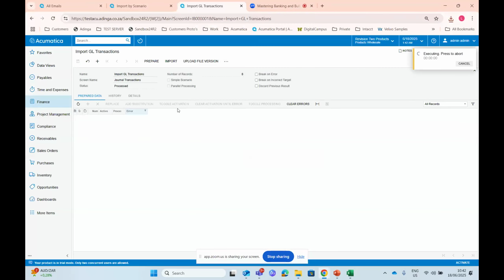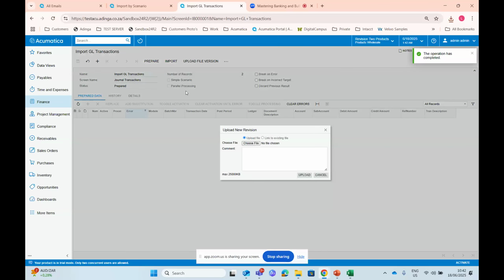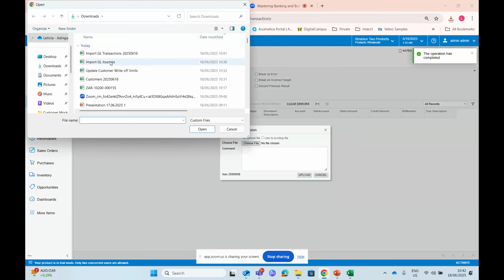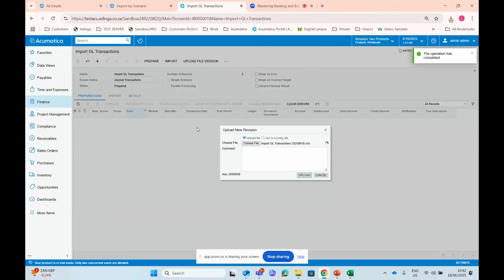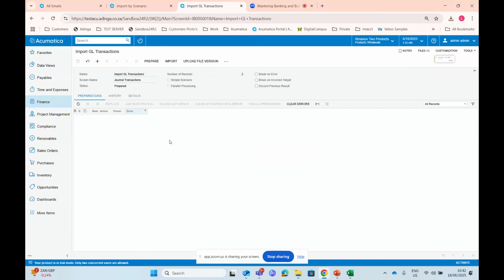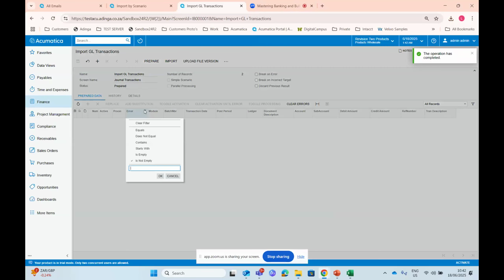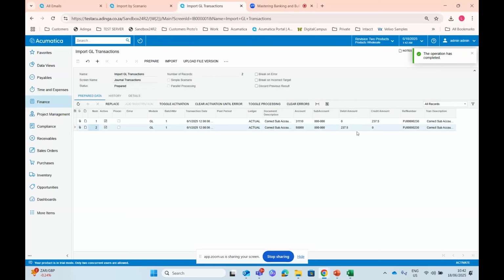So if I do that again, oh, nothing came up. What did I do? Oh, I know why it didn't come up. Okay. The reason I can't see anything, even though it shows completed, is I've got a filter on here. So I just need to clear the filter. So there's only the lines that I exported that gave me errors. I only had to change the sheet name and I can just import it. And there you go, it's imported.